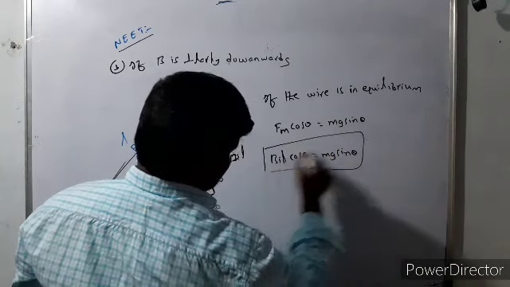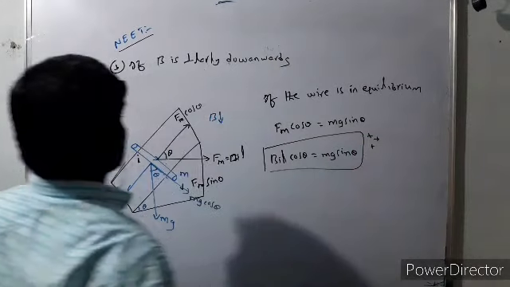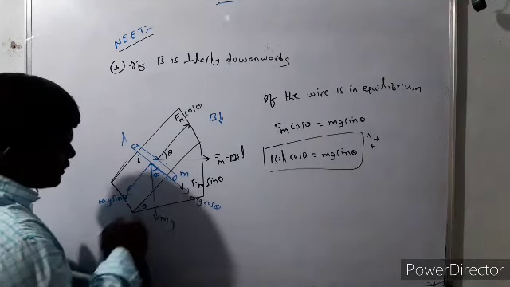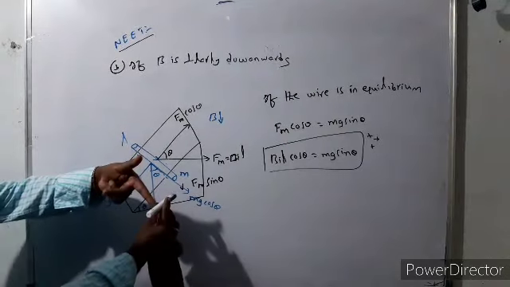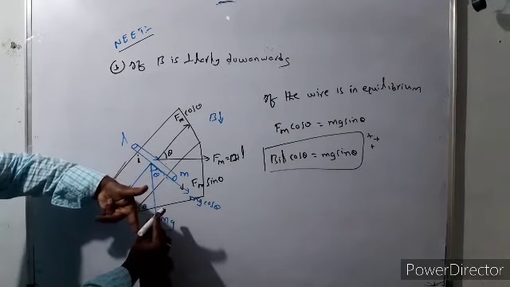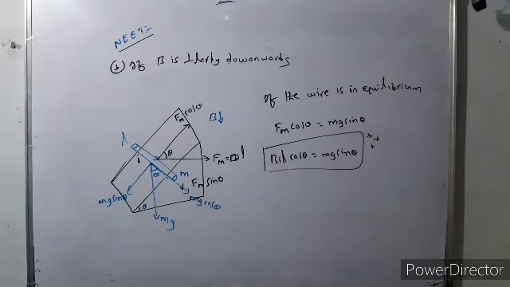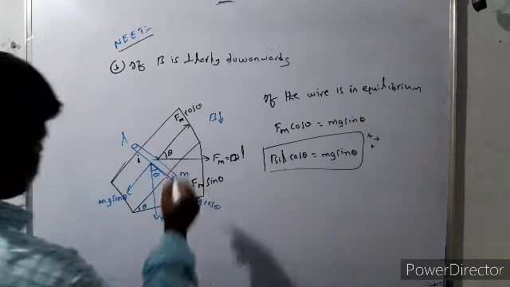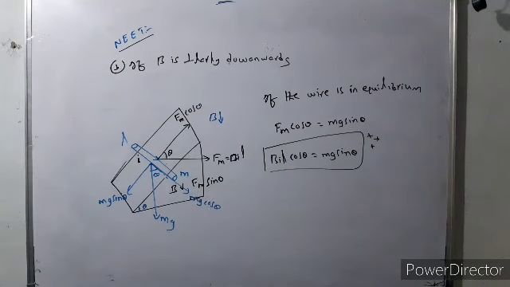This is the condition. There is a difference between these two cases. Once again, see this. Here, Fm sin theta and mg cos theta are perpendicular, downwards like this. This is the direction of the magnetic field also. Okay, tomorrow we will continue the class.